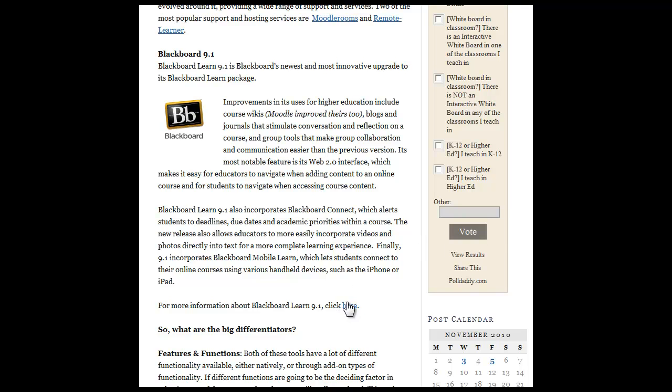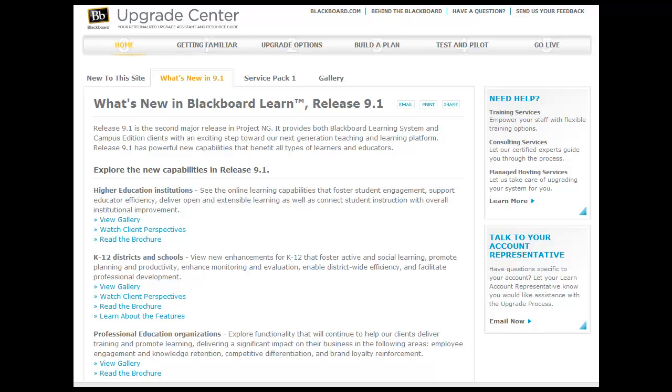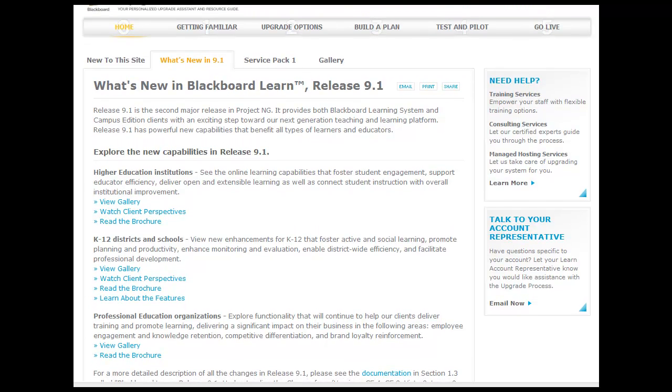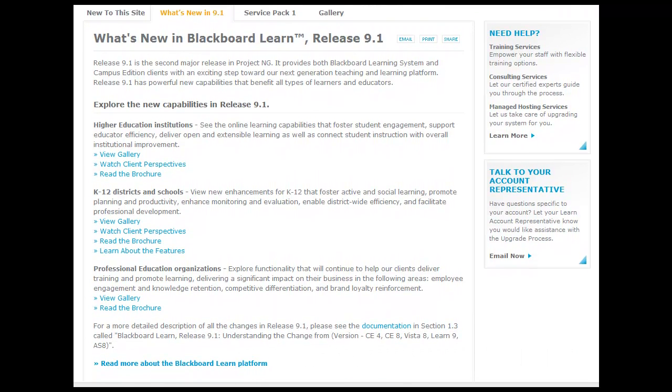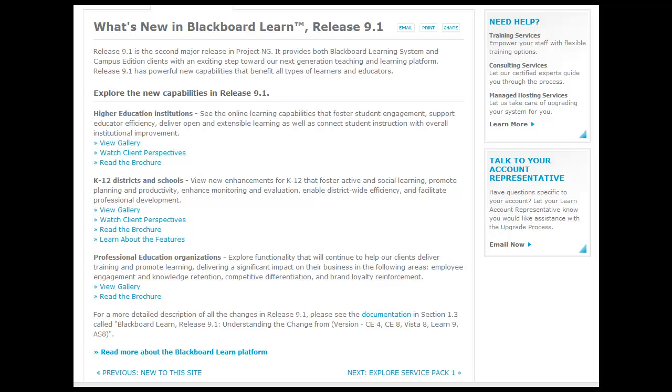And within the blog post itself here, I have provided a link that will take you out to this site. So on this page that focuses on what's new in Blackboard Learn Release 9.1, they provide various resources to learn more about it, and they're broken down. This page is kind of broken out into a focus on higher ed, K-12, and professional education organizations, because they do try and serve all those organizations. So hopefully the resources here will help you learn more about what's new and what's going on with Blackboard Learn